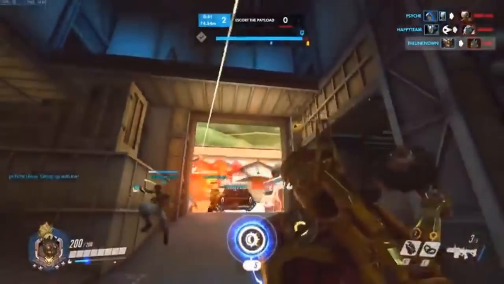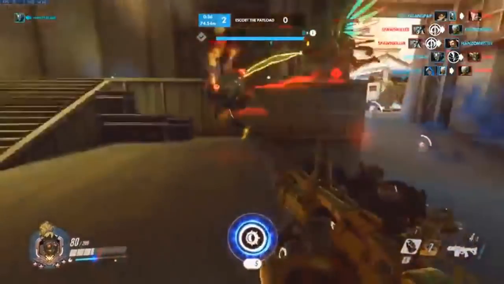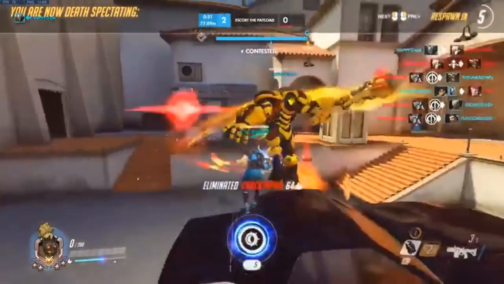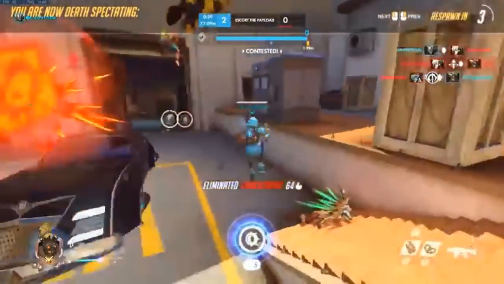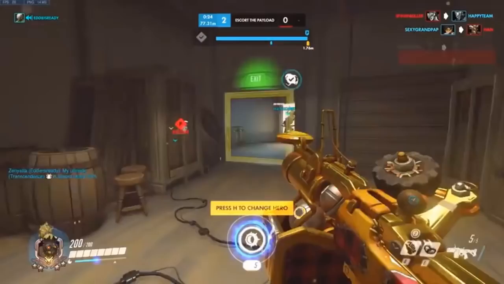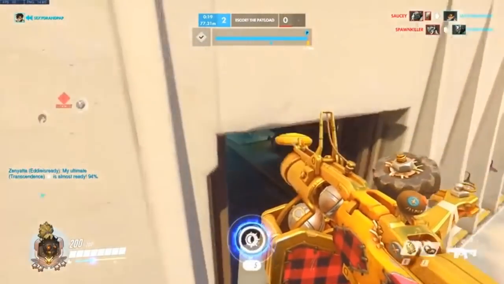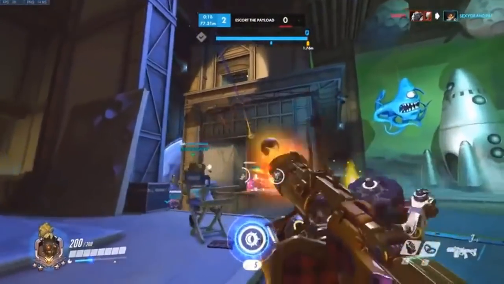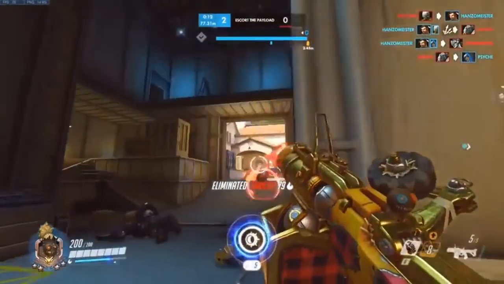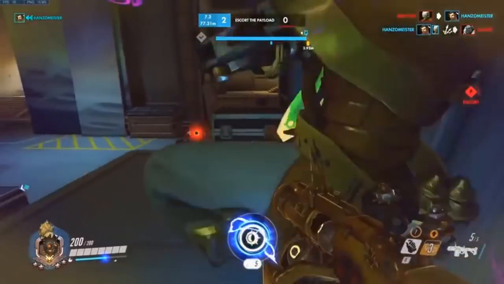Oh, that'd be a perfect time to ult. So, as soon as your team pushed in, that would have been the perfect time to ult. Use nano on Tracer if you can. Use your ult. Hey, okay. Hold on, I can touch point. You've been holding that nano for like...